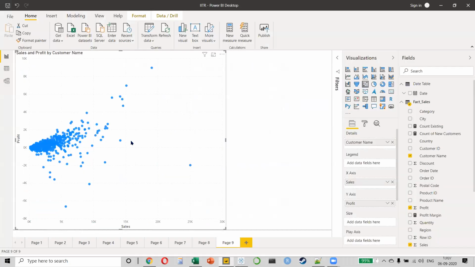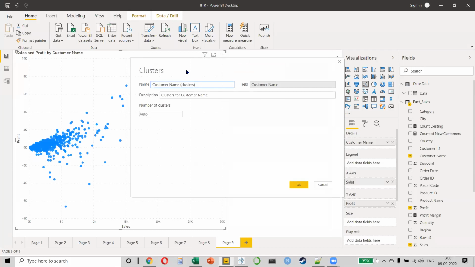Once we have done this, how do you make different segments? I can click on these 3 dots in the top right corner and then select automatically find clusters. You know, that's the beauty of Power BI. You don't have to do any calculation manually. You don't have to apply a model. You simply say automatically find clusters.